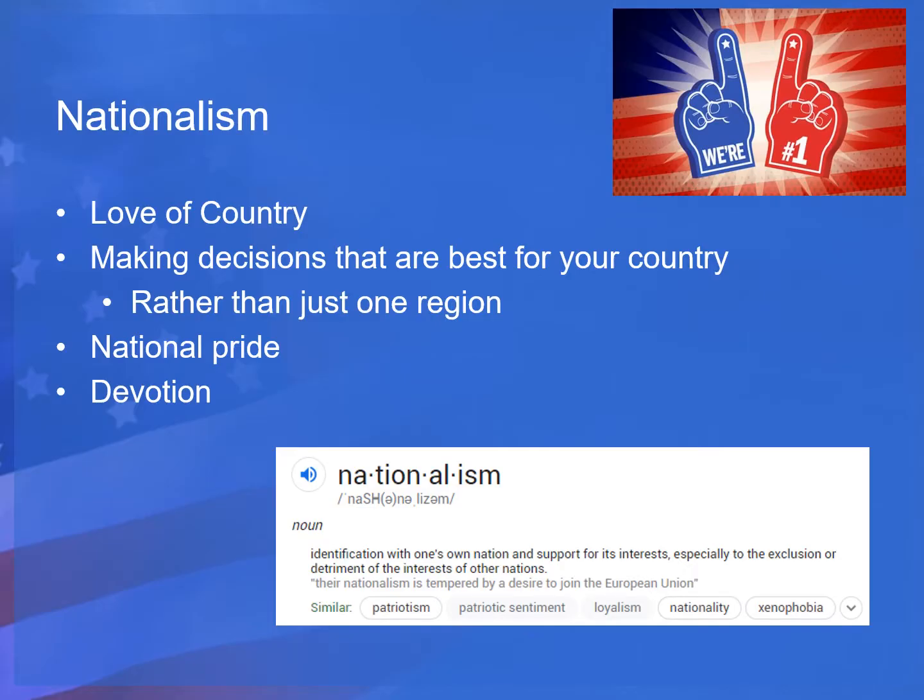So just reminding us one more time of what the word nationalism means. We're talking about love of country, and especially today as you look at these different events that lead to nationalism, I want you to think about how it is doing what's best for the country rather than one region. That's really what we're talking about at this point in American history, is the decision of some focusing on policies and infrastructure that's best for our country as opposed to others who want what's best for their particular region.